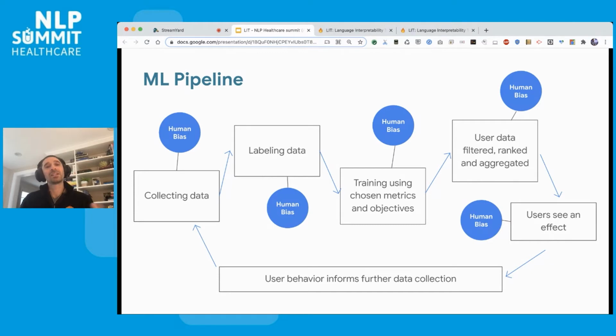What I think is actually key to responsible AI practices is having a human in the loop in this loop. So really all stages in this, having a human involved, understanding the data, not just looking at aggregate statistics and moving on to the next phase. And so in PAIR, we try and build tools that help with all these different stages in the pipeline for having a human in the loop and thinking responsibly.